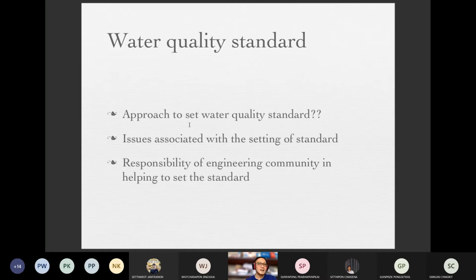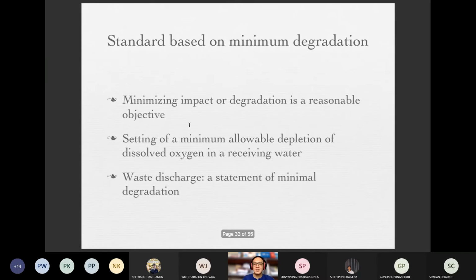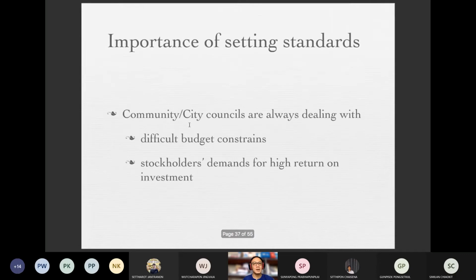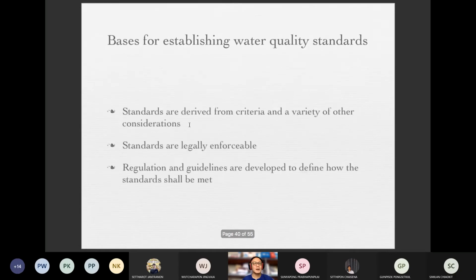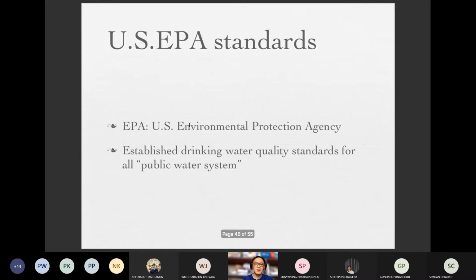That is why this kind of standard is set up based on this approach, the governmental stipulation approach. I'll give you some examples of standards set up by governmental agencies, like the US EPA standard. Last week I showed you the standard established by the Pollution Control Department